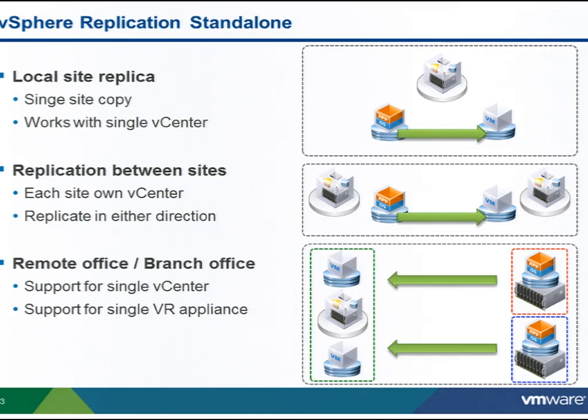We've already established that you can just download it if you're on Essentials Plus or higher, so what can you do with it? So first thing you can do there is something that I guess some storage vendors call CDP, Continuous Data Protection, although this is obviously asynchronous. But we call it here local site replica. So there are lots of instances and examples, specifically in remote office environments, where you want to have a replica copy of the VM, but you're not necessarily concerned about that copy leaving the site. It's simply there so that if anything goes wrong in that satellite location and you get the phone call from the team locally at that site,